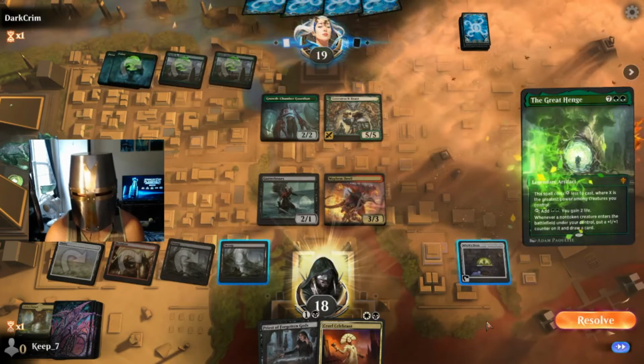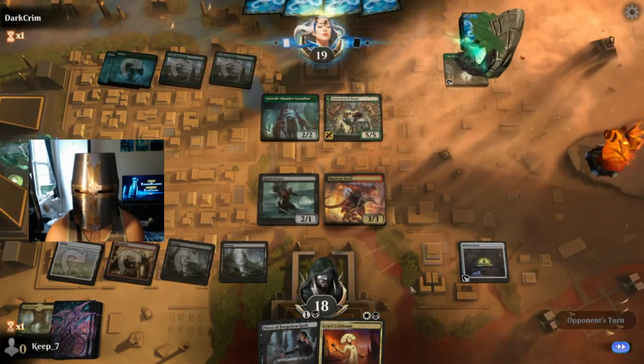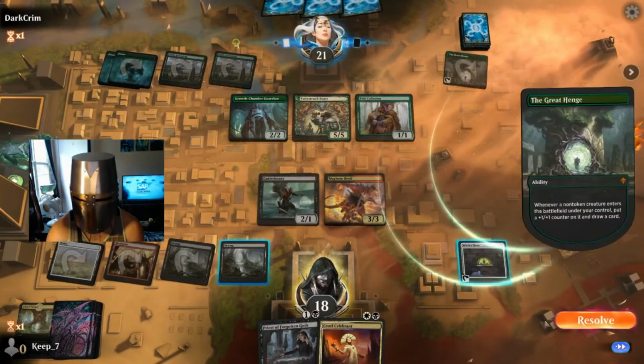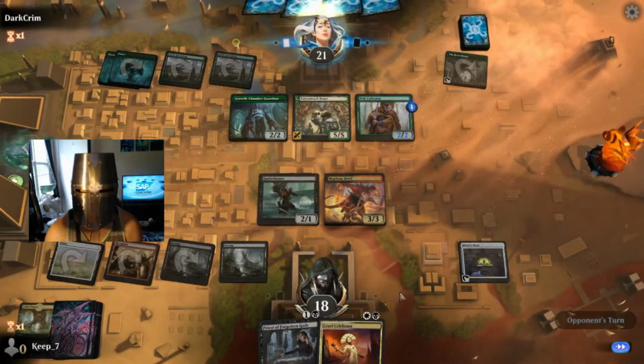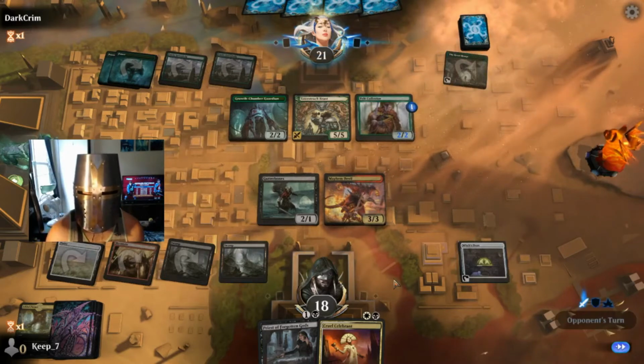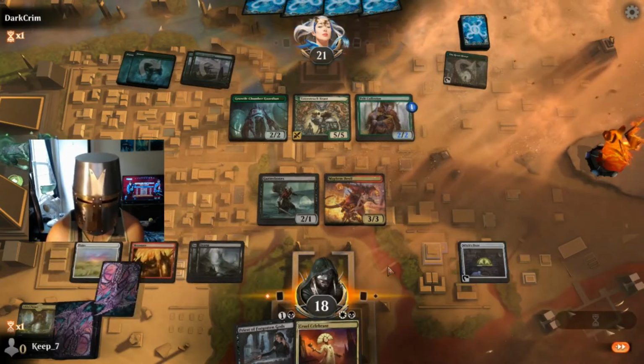So if they have Questing Beast, that feels bad, but they just have a great hand. They can probably cast... Okay, so it's a late game Pelt Collector. Wish I saved my Fabled Passage for right then. Should have done that. Should have thought about the matchup a little bit more there, but...